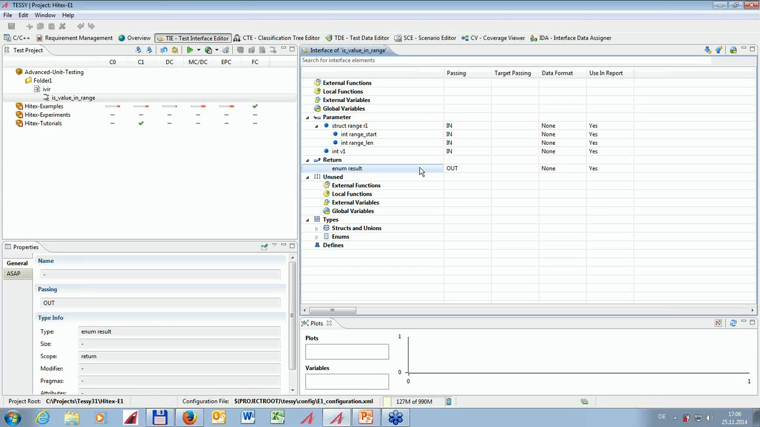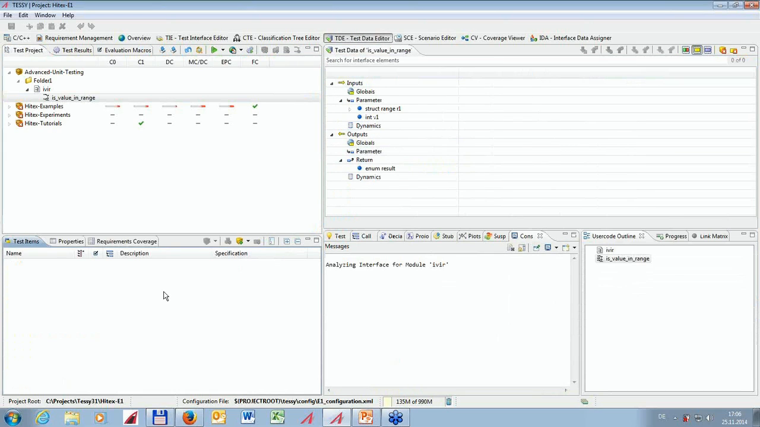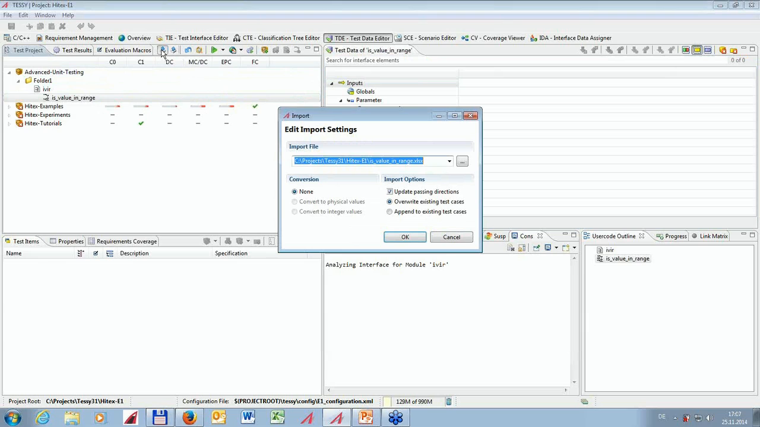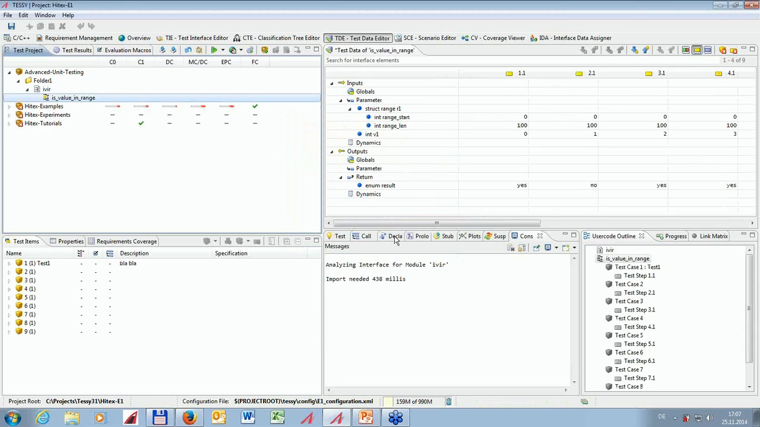Okay, this gives us the structure. The interface gives us the structure of a test case, so we can go ahead and try to specify test cases. And we have here this column here, and usually you can now enter test cases manually, test data manually, but I would like to shorten this. I would like to import test data from an Excel sheet, and if I do so, I get immediately